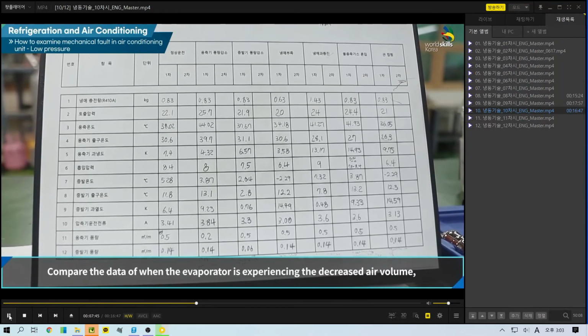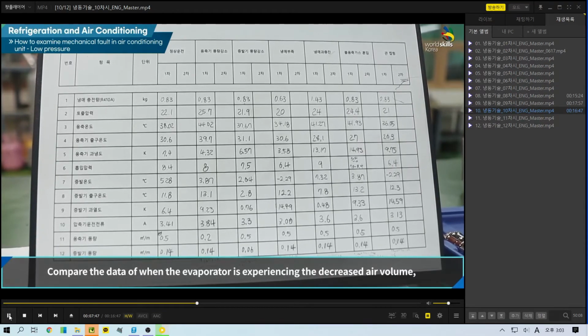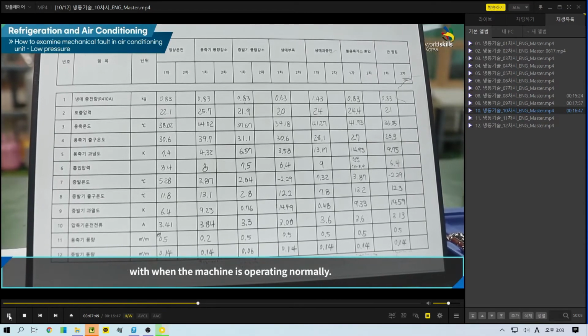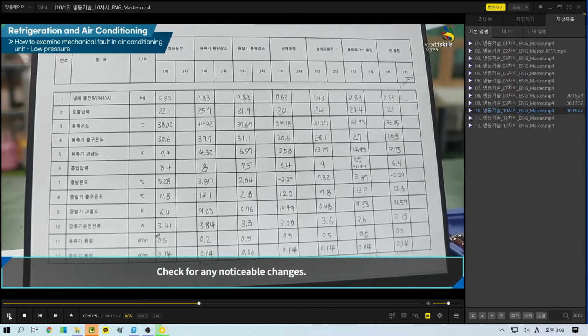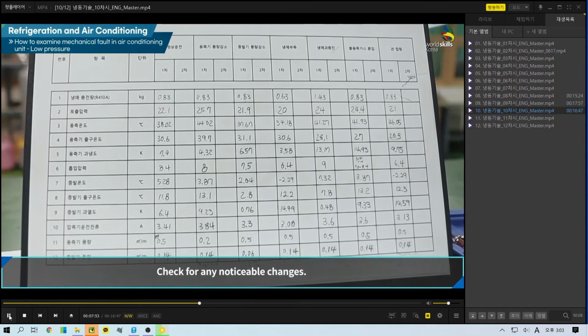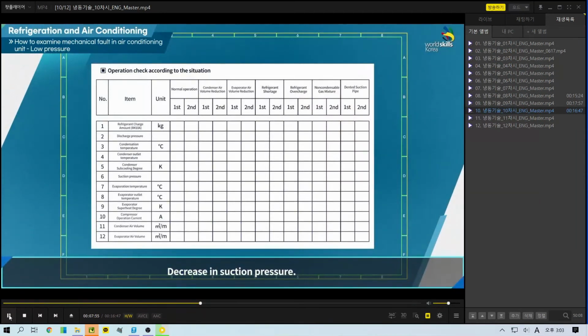Let's compare the data of when the evaporator is experiencing the decreased air volume with when the machine is operating normally. Let's check for any noticeable changes. Decrease in suction pressure. Decrease in superheat of evaporator. Decrease in air volume of evaporator. Decrease in subcooling of condensers. Decrease in operating current. The reason for the data change is because the heat exchange is not taking place properly